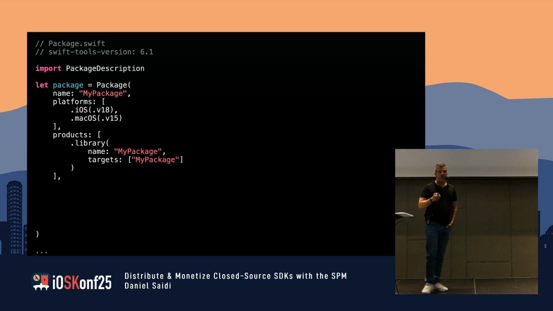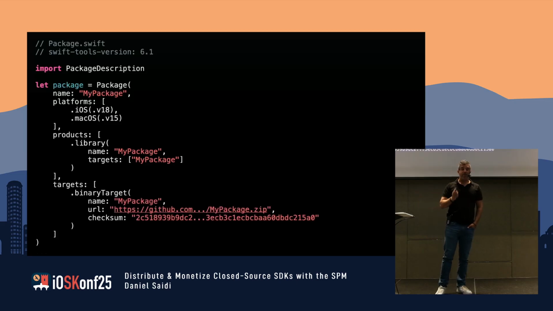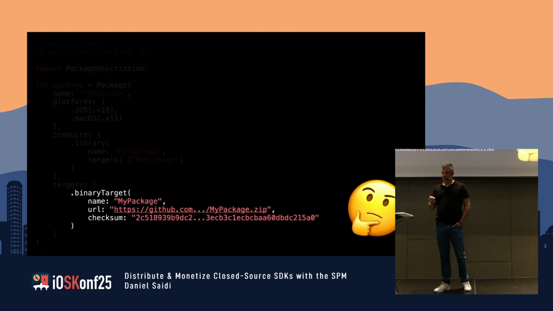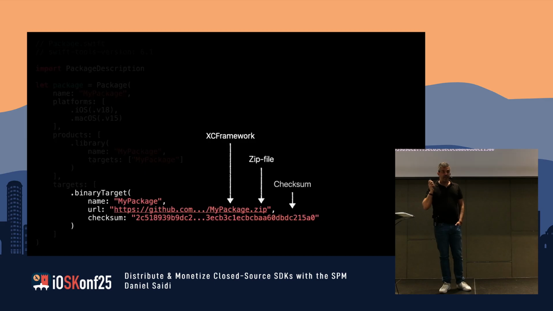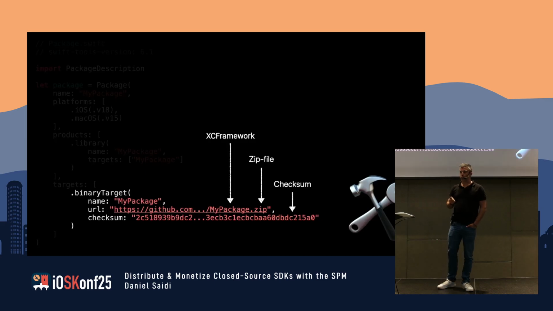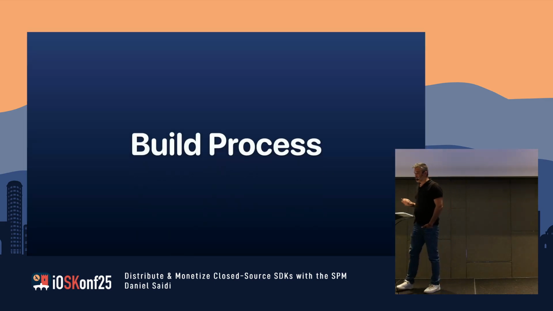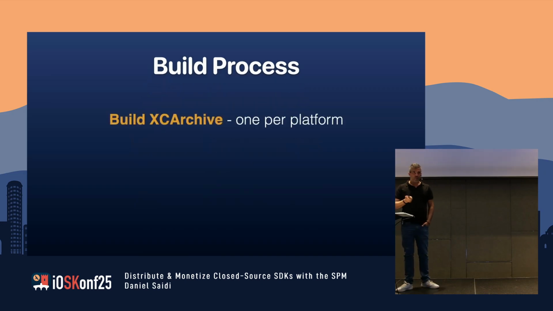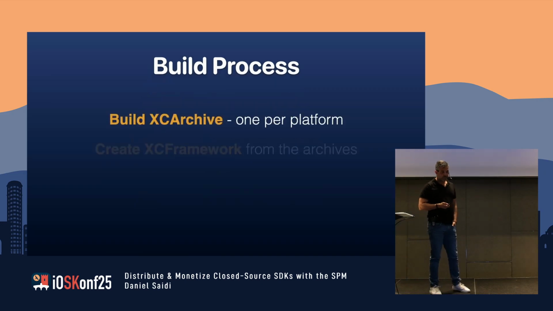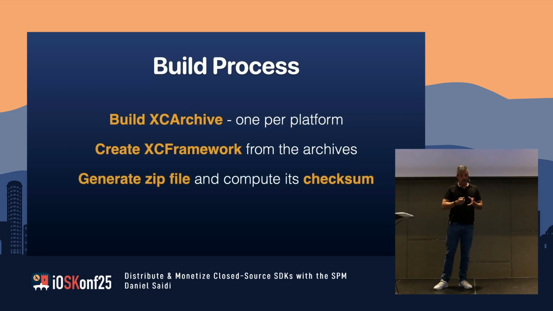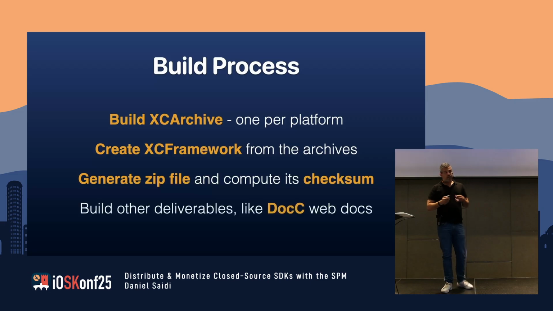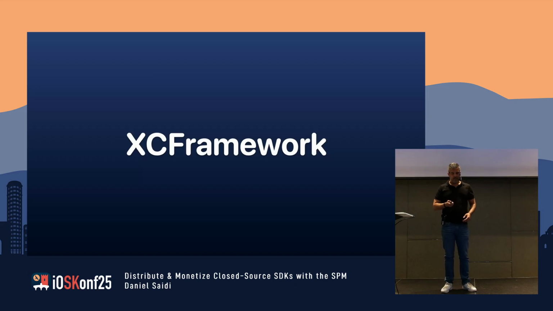But instead of a regular target, we're going to have something called a binary target. So this looks a bit different. This is actually an XCFramework that we have zipped up, and Xcode requires us to also define a checksum for this. So how do we build this? It's actually quite easy. We're going to build an XCArchive for every platform that we want to support. We're going to create an XCFramework from these archives. We're going to generate a zip file and calculate this checksum. And then we can also build other deliverables like DocC. So looking at that,